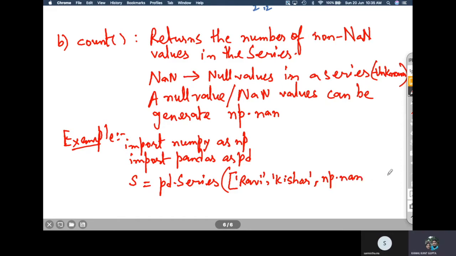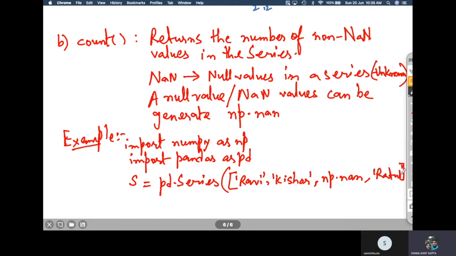I can just write like this, np dot NaN, and then we can have another name, Ratul.